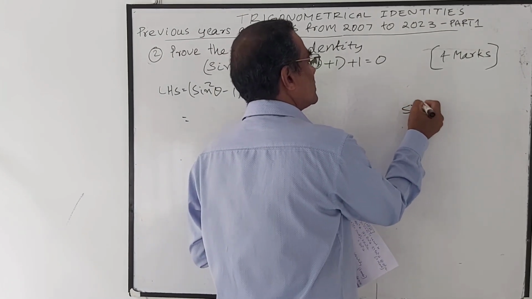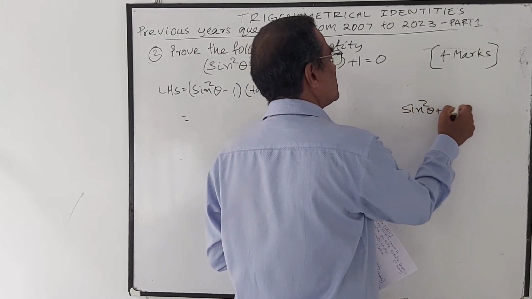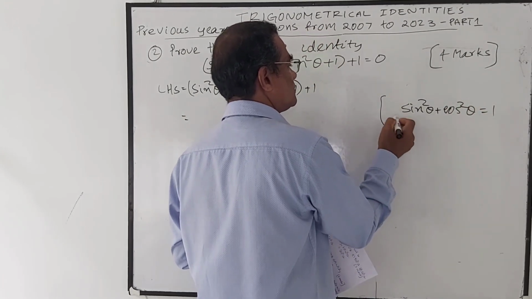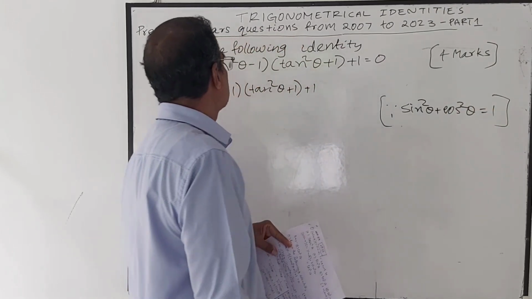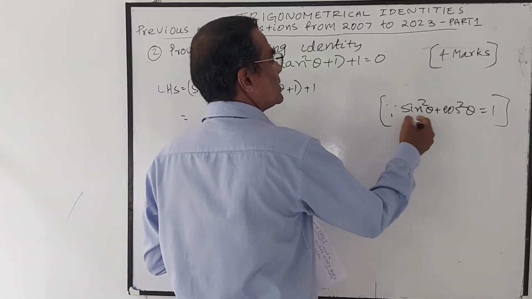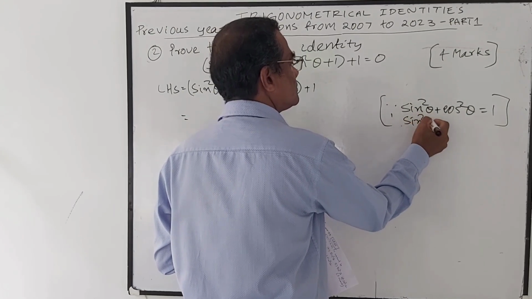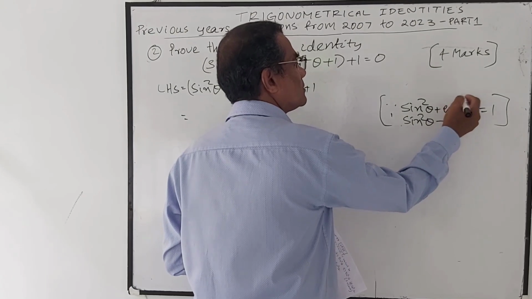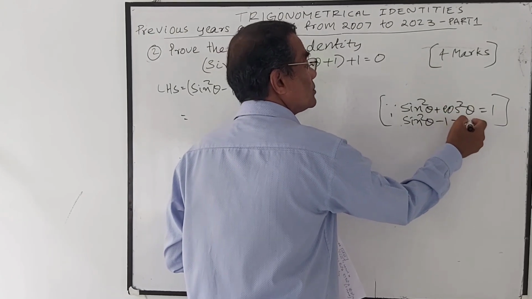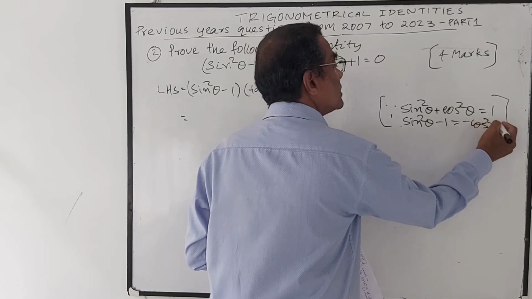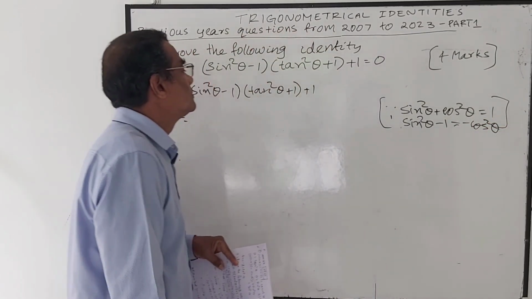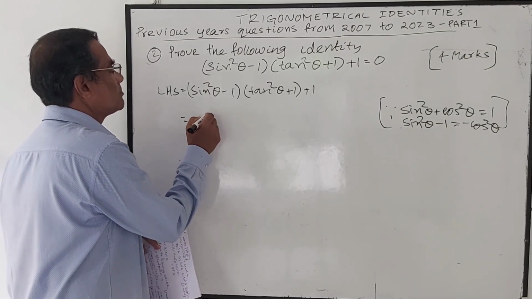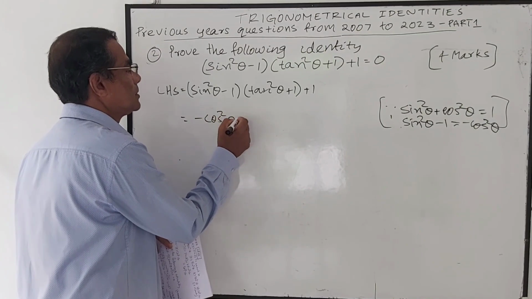sin square theta plus cos square theta equal to 1. Therefore, sin square theta, bring this 1 to the left side, minus 1, and bring cos square theta to the right side. So that will become minus cos square theta. So instead of sin square theta minus 1, I am writing minus cos square theta into